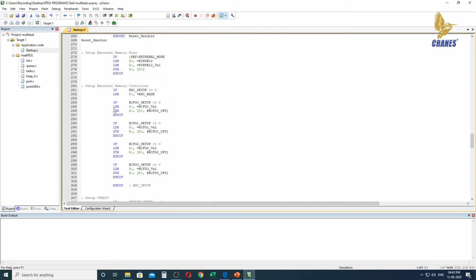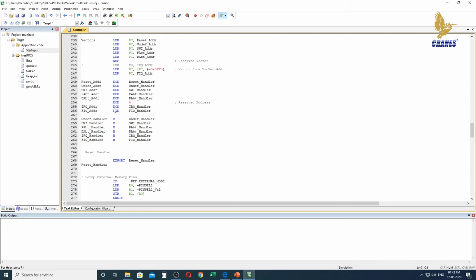Your second modification will be under line number 259. We are going to comment out line number 259 so that we can direct our file path to where our FreeRTOS is present. After commenting out line number 259, we can open one more file present under the FreeRTOS directory, that is port asm.s.